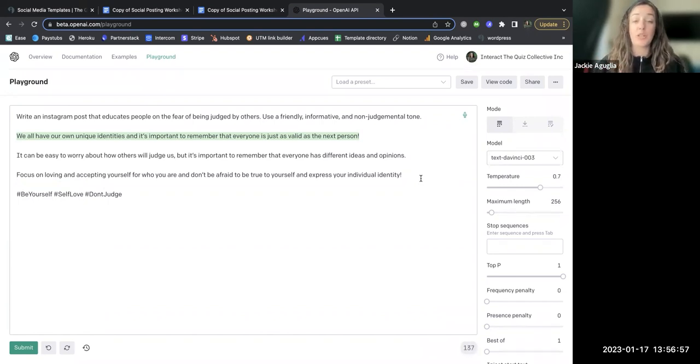What does it look like to be true to yourself? What does it look like to express your individual identity? Maybe specific to binge eating, or maybe specific to somebody who's gotten past that hurdle. They've accepted that they don't need to be scared of judgment by others, and they really do need to just focus on themselves, that they are valid, and how to move forward. So I am no binge eating expert or coach or anything, so maybe I'm a little inaccurate, but I just give you these examples